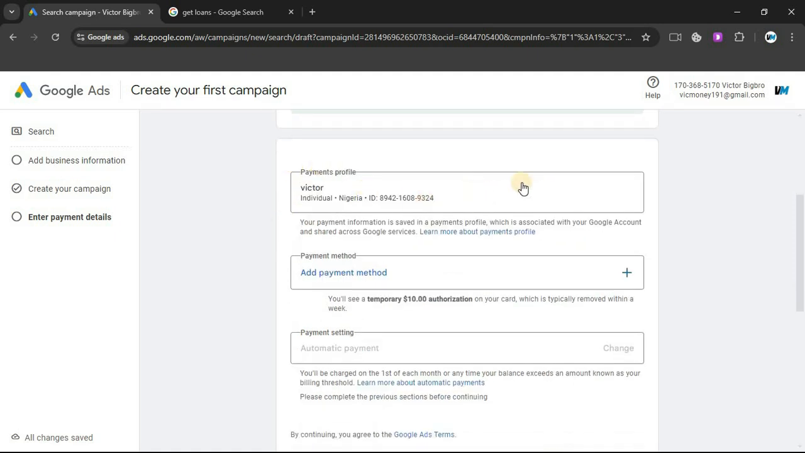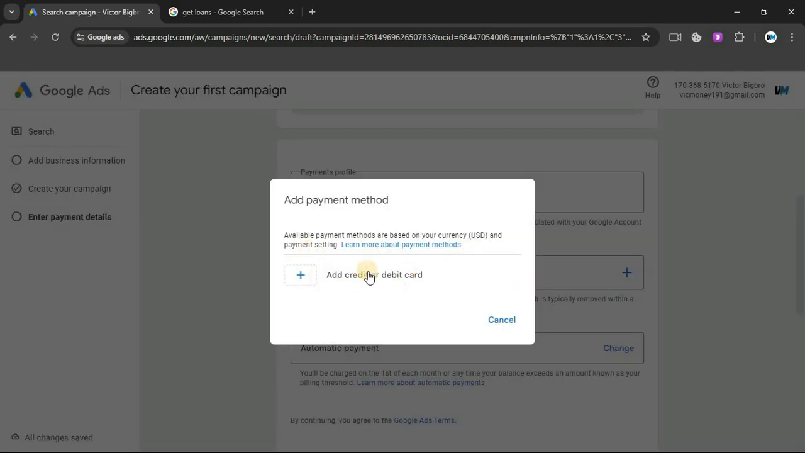Okay, so after you create your payment profile, you want to go ahead and add a payment method. Okay, come over here, click on plus, and you want to go ahead and add a debit card. Now, not everyone that's watching this video is going to have a real USD debit card. Now, this is where this other tool that I'm going to introduce to you guys comes in. Okay, if you don't have a real USD debit card, you want to head over to this other tool right here, and that tool is